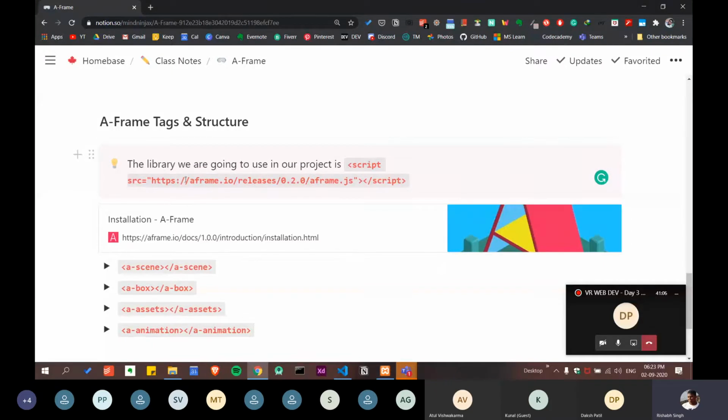So don't make any mistakes, because HTML doesn't give you errors. It will just run anyway and does not give you any errors. So this is how we write the script tag.